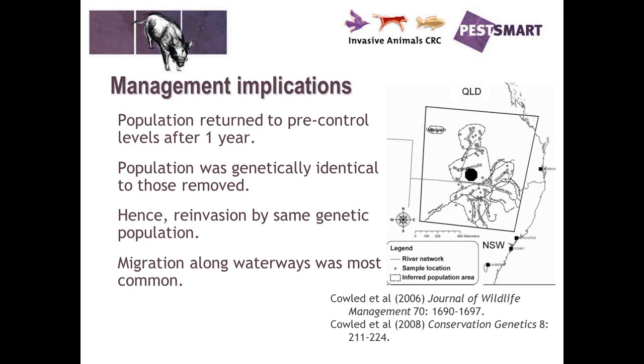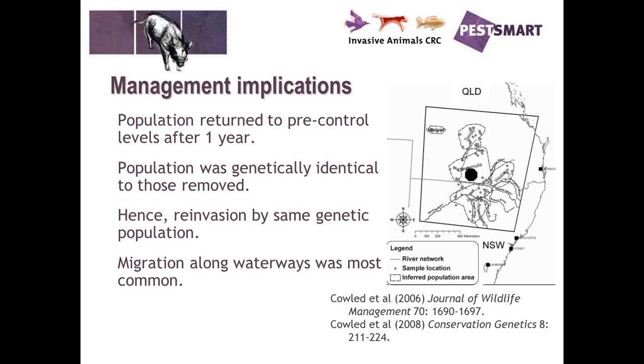So that shows the importance of coordinating over a massive area if you can, because reinvasion is going to occur, and the smaller the area, the quicker that happens. And what you hope to do is target a full genetic population. That means there won't be reinvasion. Genetics are becoming used more and more in wildlife research these days because the price is coming down a little bit, and it can be applied to situations like this.